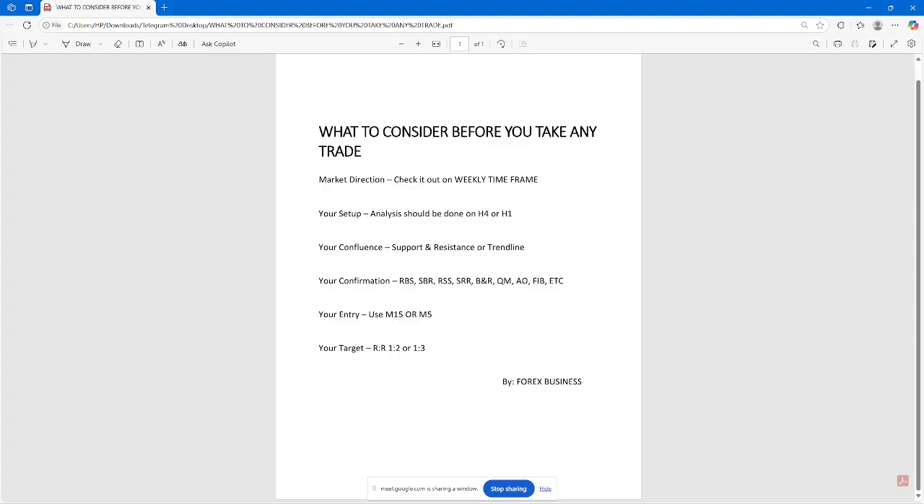Check it out on weekly time frame. So market direction, normally it is from weekly time frame, daily time frame, and then 4-hour time frame. But you're a day trader, you can just use daily or 4-hour time frame for the direction. Is it okay? So over here, that's fine. Yeah, let me take my pen. So the direction, you can decide to use